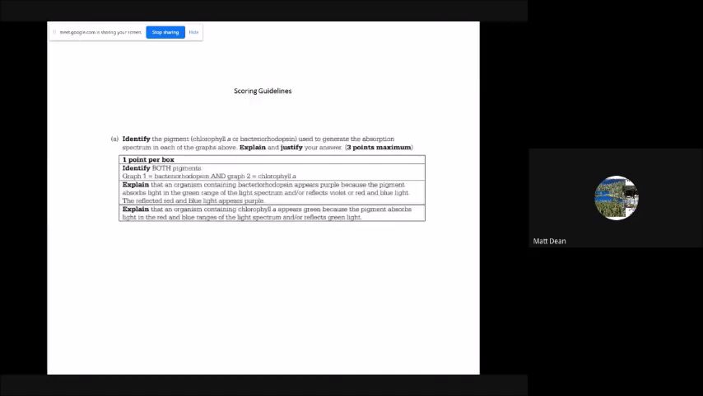Here's the grading rubric. Let's blow this up a bit. For part A, 1 point for getting the pigments right: graph 1 was bacteriorhodopsin, graph 2 was chlorophyll A. Then another point for explaining that bacteriorhodopsin is purple because it's reflecting the blues and the reds and absorbing the greens. And then another point for explaining that chlorophyll A is green because it's reflecting greens but absorbing reds and blues. And then on part B,